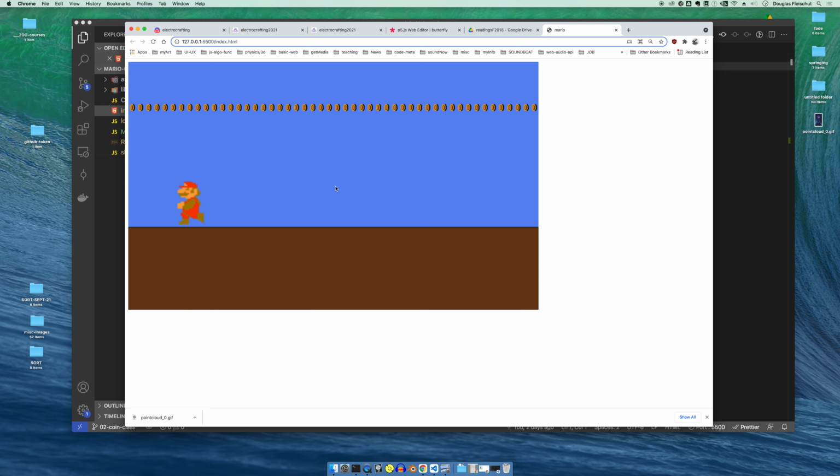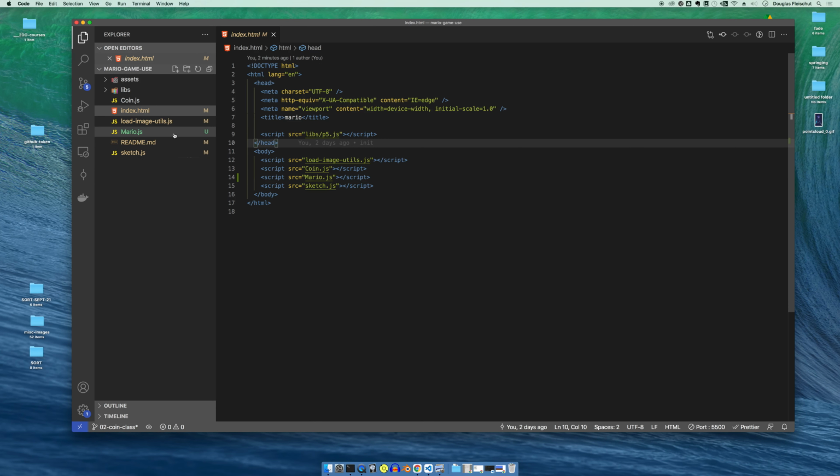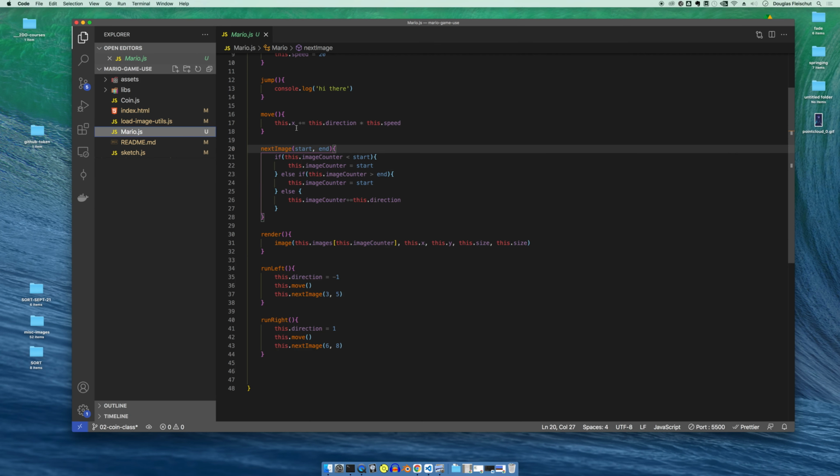The other thing I want to do is make sure that he doesn't go off the screen. So we'll do both those things now. I'm going to go back to the code, and we'll just take a look at our Mario. So we've got this move that is